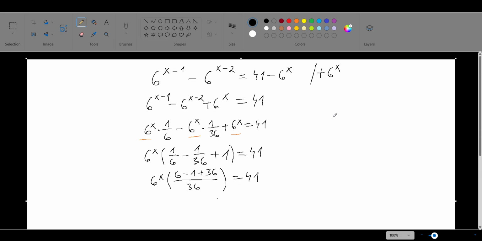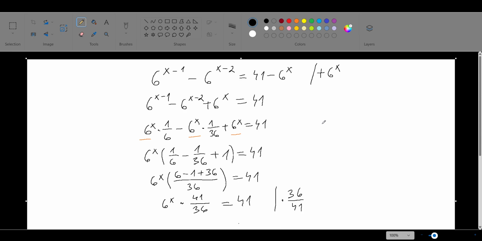Okay, now let's have a look at how this will look. So 6 to the power of x times 36 plus 6 is 41, take away 1 is 41 over 36, which is good news, as you can see, because now we want to get rid of this fraction, which means we will multiply our equation by the fraction 36